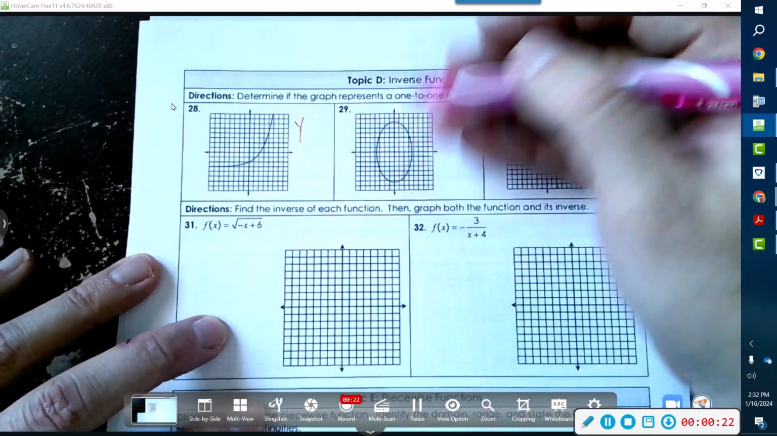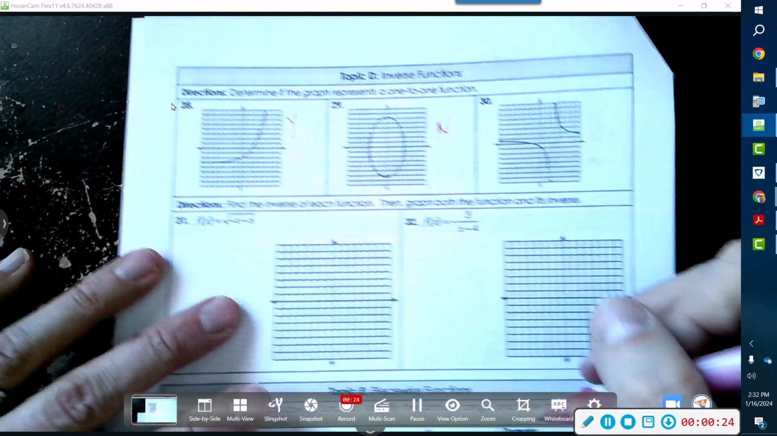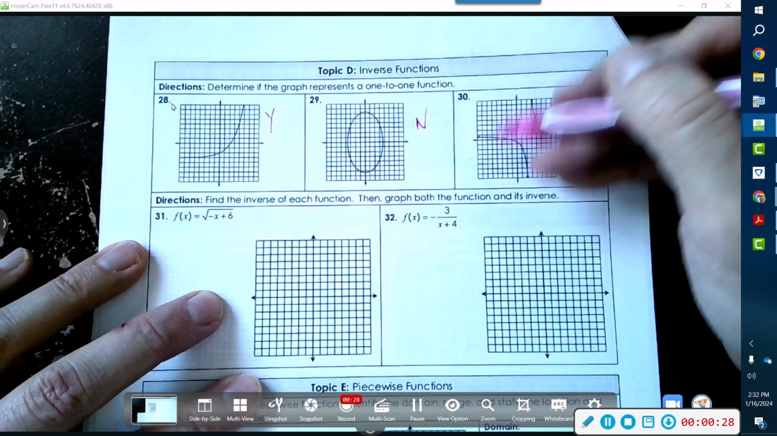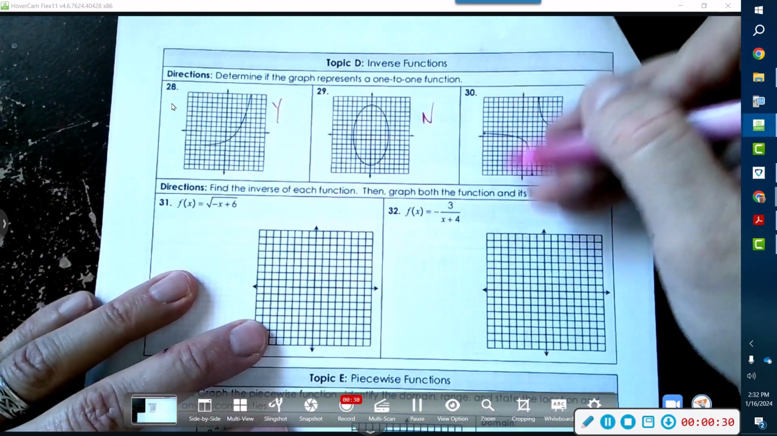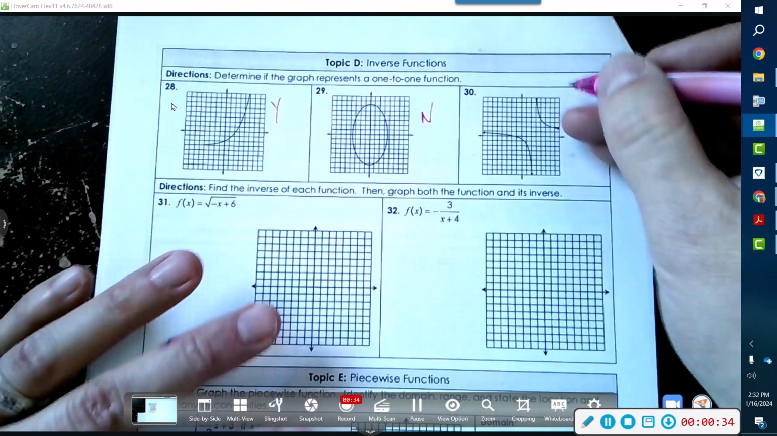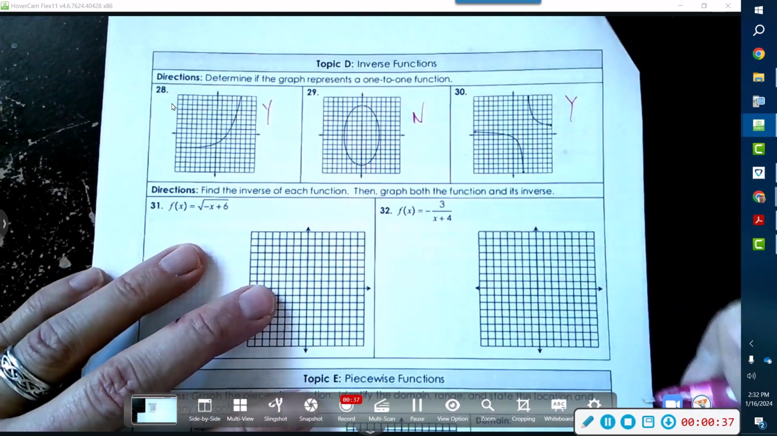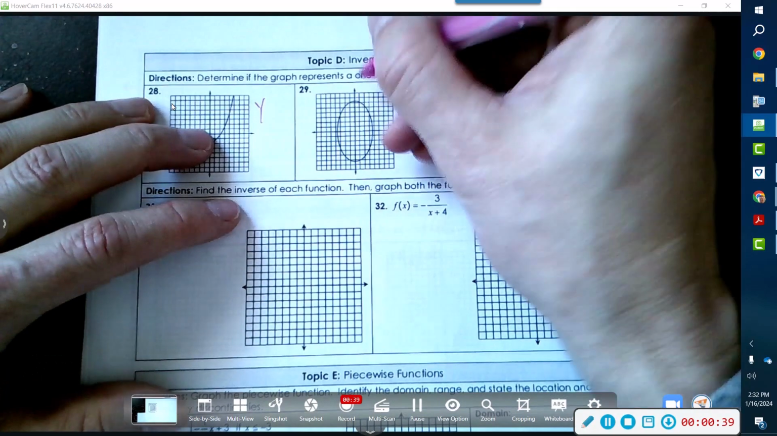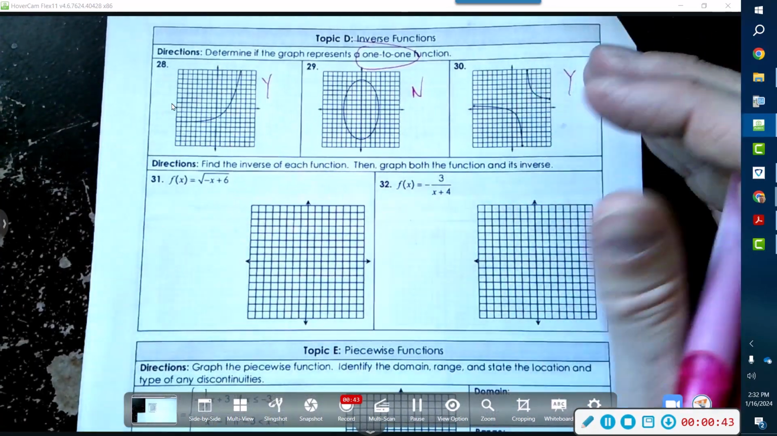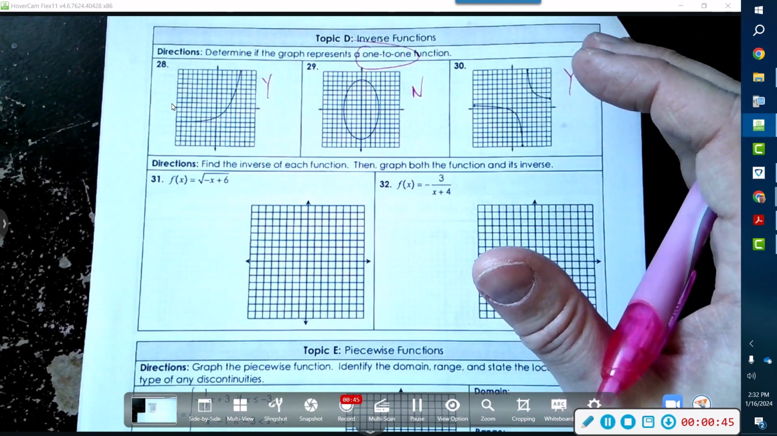This guy's not a function, so he cannot be one-to-one. This guy is vertical, yes. I'm sorry, horizontal. Let me rephrase. Vertical, yes. Horizontal, yes. This guy is also one-to-one. Okay, so that's all you got to do. Make sure it's one-to-one. Now those one-to-one functions are great because they have inverses, and they won't cause any problems when